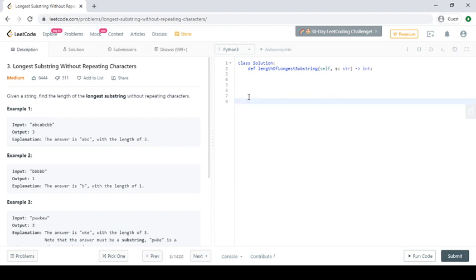We are going to create a dictionary of the characters. Let's suppose our current max length is 0 and our dictionary is empty. Now we iterate through each of the elements and check if A is in the dictionary. No, A is not in the dictionary, so we put it into the dictionary with its index as the value. Then we calculate the max using max of L,